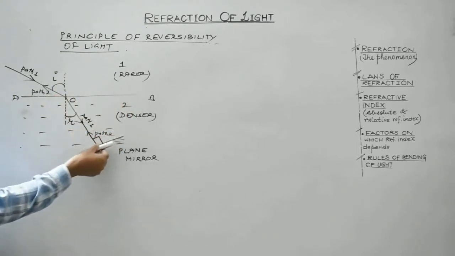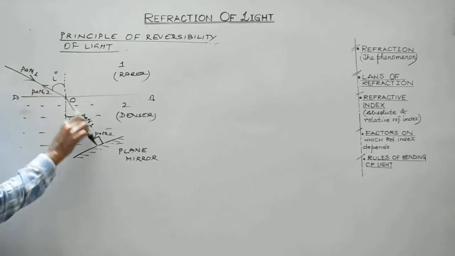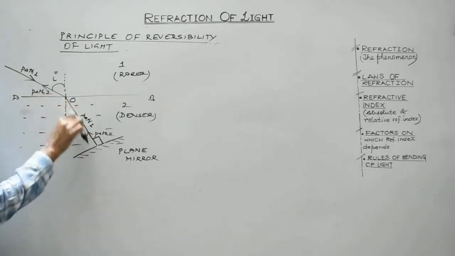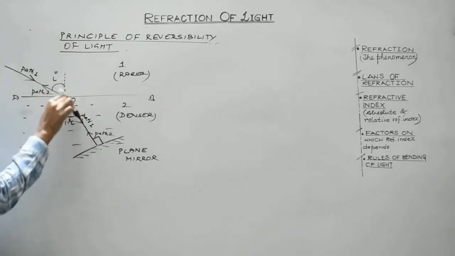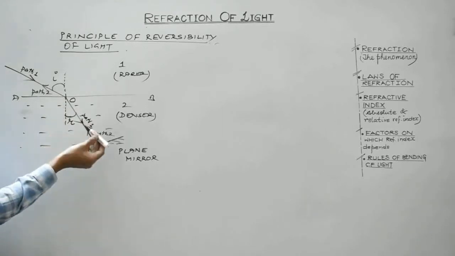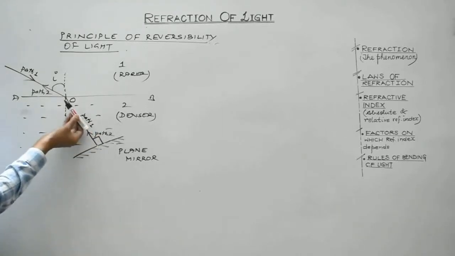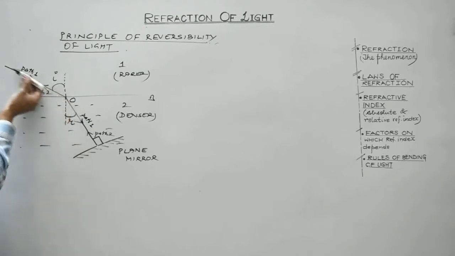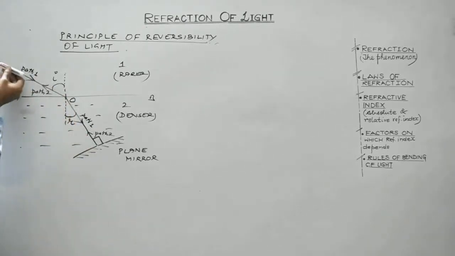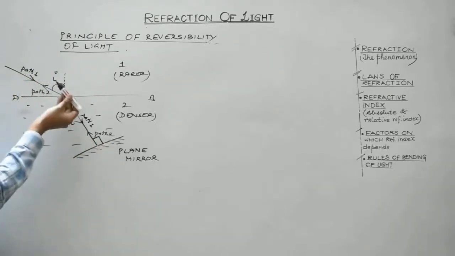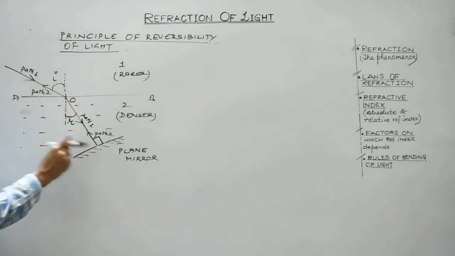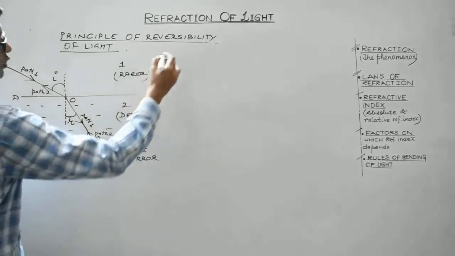Now suppose a plane mirror is placed in such a manner that this ray gets incident normally on the plane mirror. Normally on the plane mirror means angle of incidence will become 0. So the angle of reflection will also become 0. So after getting reflected, this is path 2. It will retrace its path in the opposite direction. Fine. So light is made to reverse its direction after getting reflected from this mirror. So for path 1,